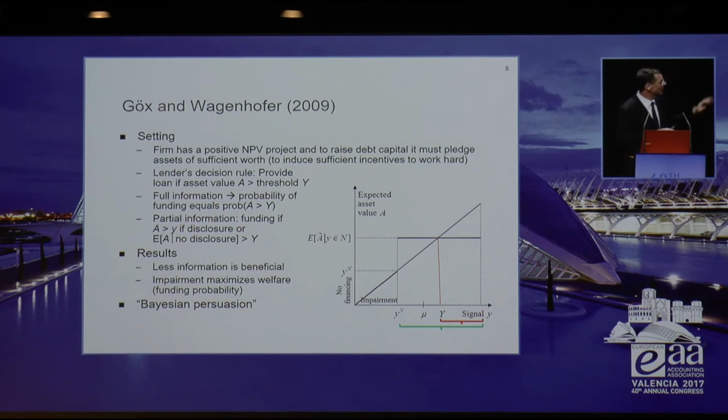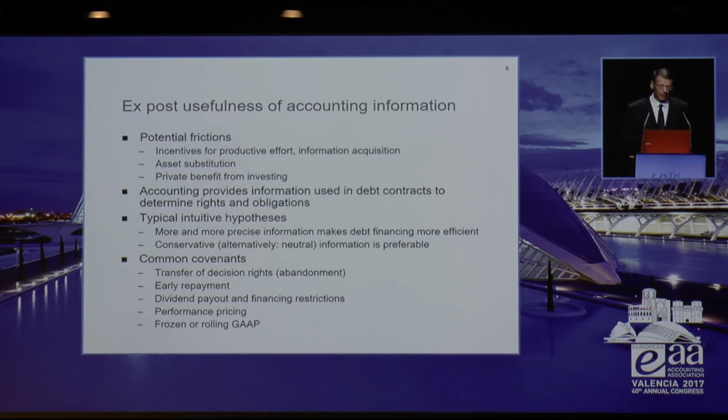All right. And this is exactly what impairment does, for example, and it would even give you a particular trigger where impairment would be optimal in this case. So it shows that more information is not always better, particularly if you try to come up with particular ways of making decisions. All right, moving over to ex post usefulness of accounting information, there's a lot of literature that uses different frictions